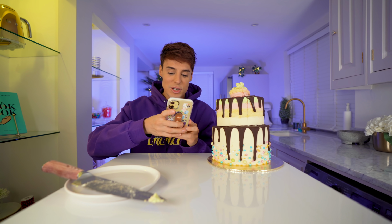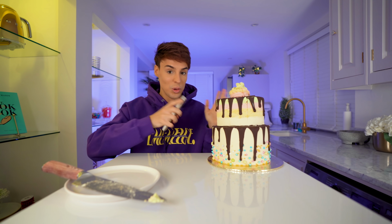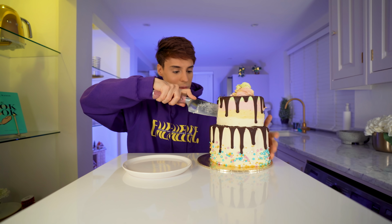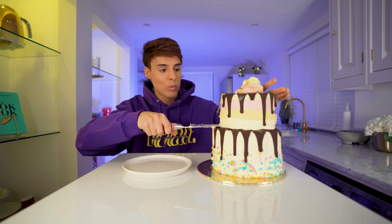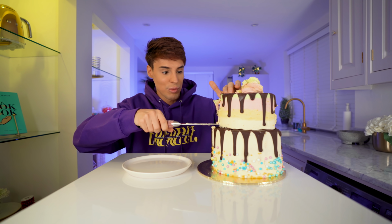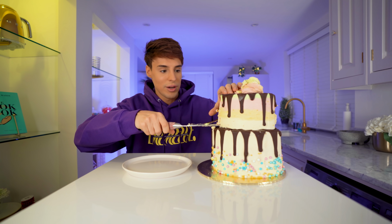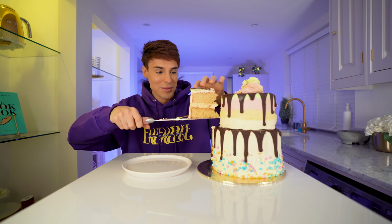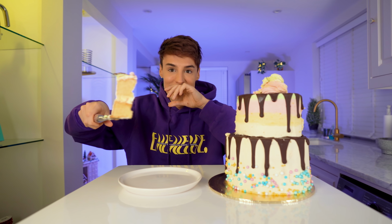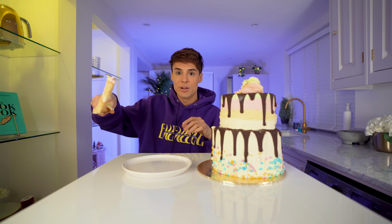I might put these images on Instagram because I think this is gonna look so cool side by side. Also, I carry on with the trend of getting tiniest slices of cake. I'm only keeping one of today's cakes. I haven't decided which one yet, but the other 3 are actually going to my friend's house, so I'm trying not to ruin the cake for them. So this is like a very thin slice. It's like that gift in Toy Story when it...